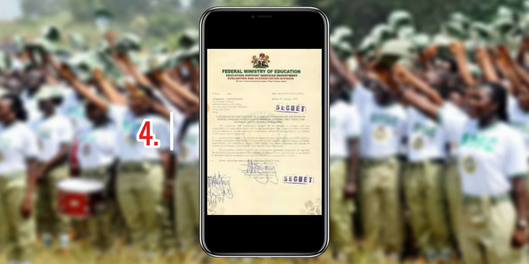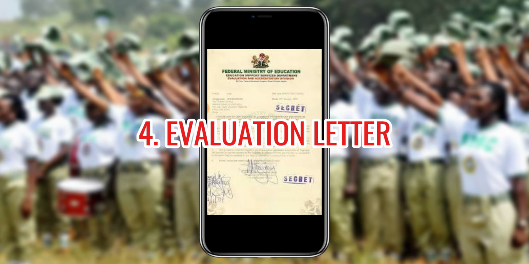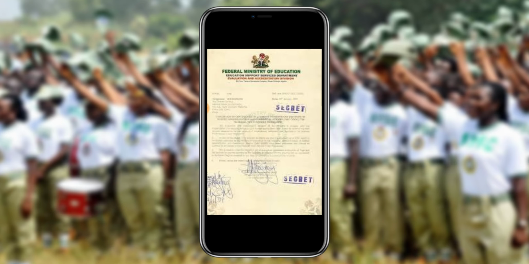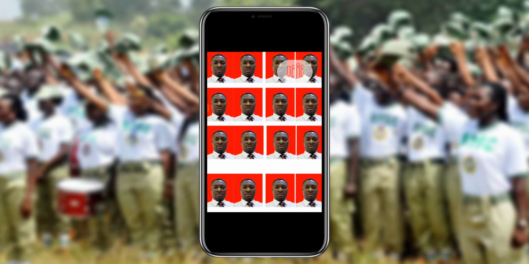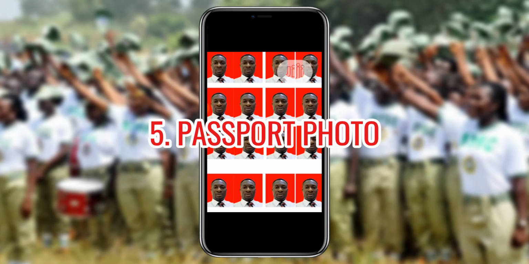Then next to it is the evaluation letter. For those that are yet to be evaluated. Actually, most schools do get this evaluation letter for their students. But if your school didn't get it for you, you need to get an evaluation letter. You have to go to the Ministry of Education in Abuja. You do the normal routine, you do the process, you get the evaluation letter. You understand? It's very, very important. Then next to it, you need to go with your passport. Those are the documents needed for